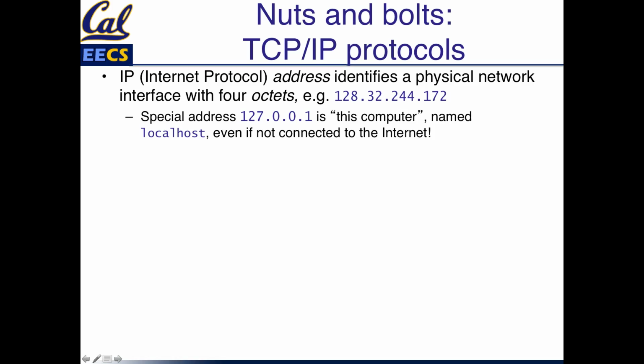So in general, every machine in the universe has more or less a unique address, although with routers and network address translation, that's a little more complicated than it once was. There's also a special name called localhost that in the Unix world and on any computers that derive their ancestry from Unix, the name localhost means this machine that I'm running on right now. And we're going to use this fact in doing a simple example in a moment to show how the internet